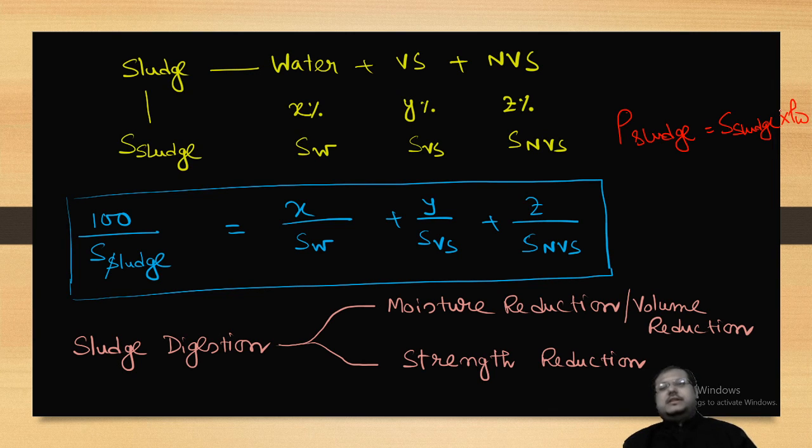This moisture reduction and volume reduction is actually the process by which you can deal with the water. Actually you are removing the water from the sludge. In strain reduction, directly you are dealing with the solids itself. In this case, the moisture reduction segment is mathematical, the strain reduction segment is completely theoretical. We need to remember certain information.